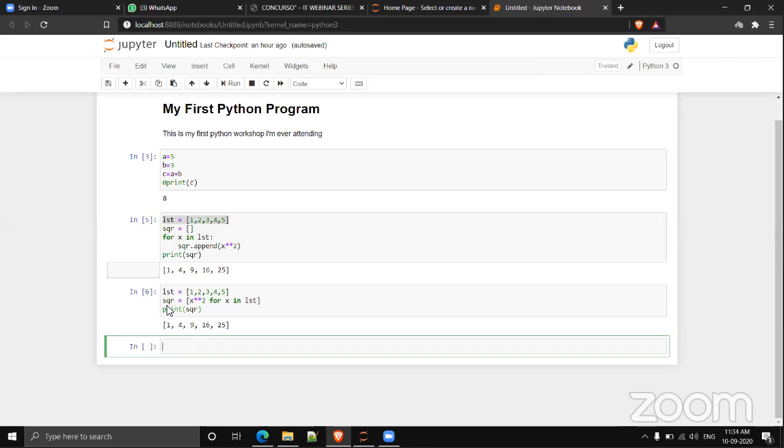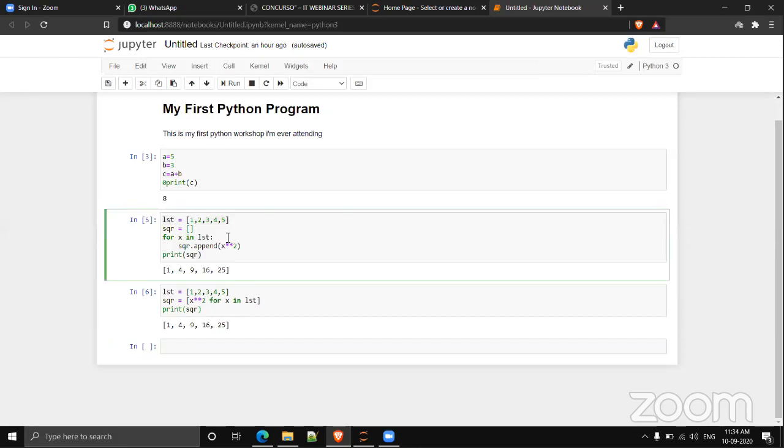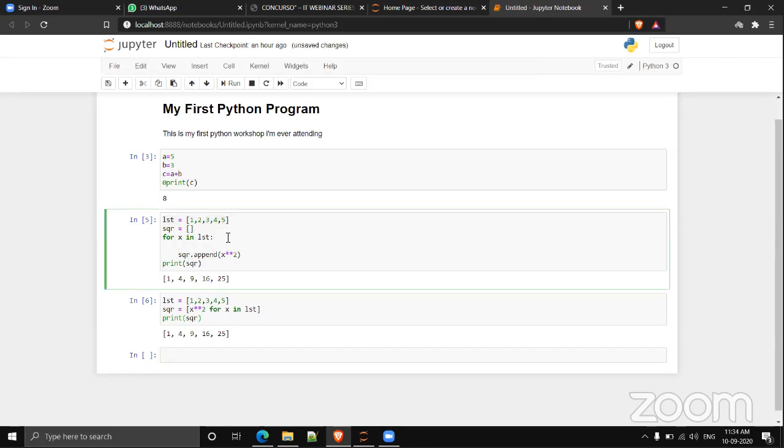So in the first program, I need to again add an if condition, right? If x percentage 2 not equal to 0, then only we need to add the squares to the new list. Okay, is that clear?